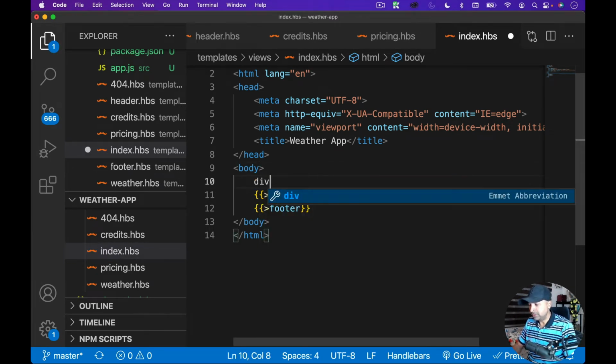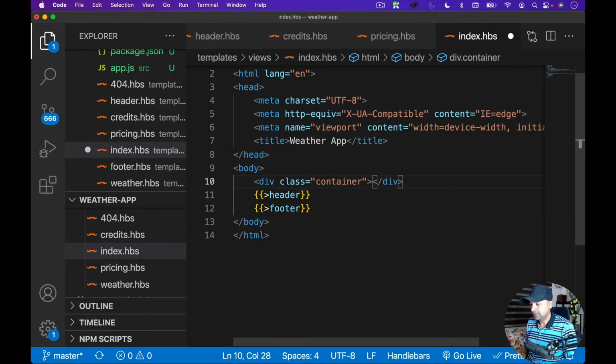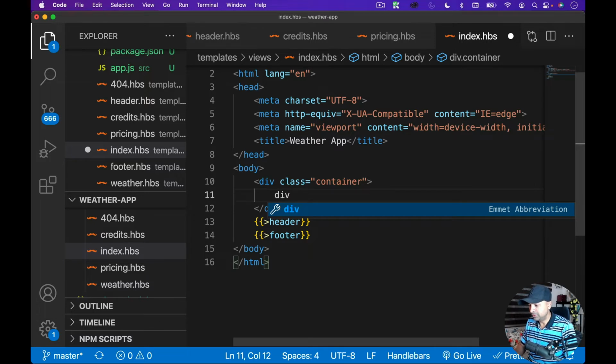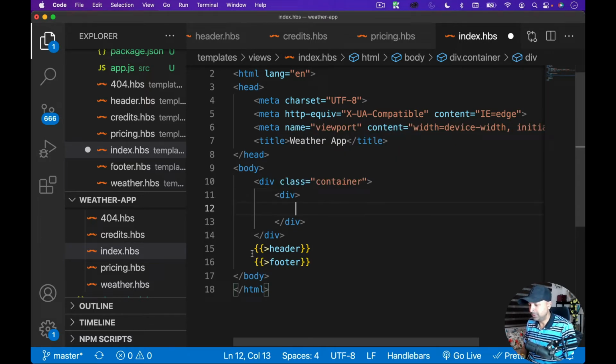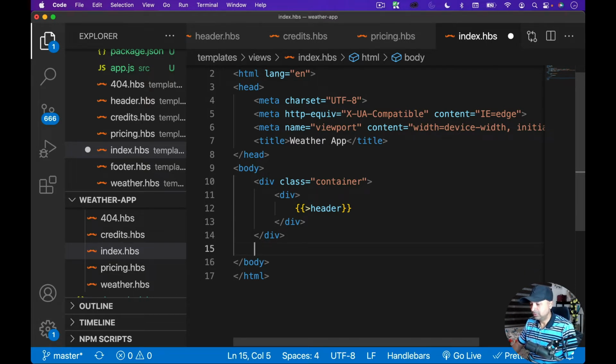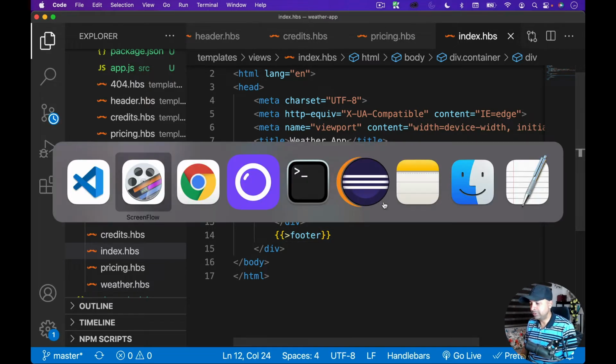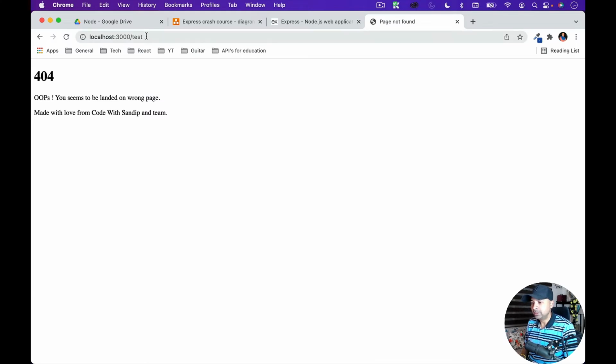So I'm going to create a div with a class of container, and I'm going to have another div which will contain the header part, and I will be keeping the footer somewhere here. Okay, so if I save my file and go back to my application,